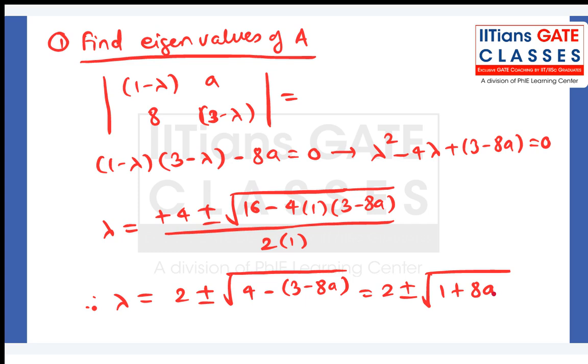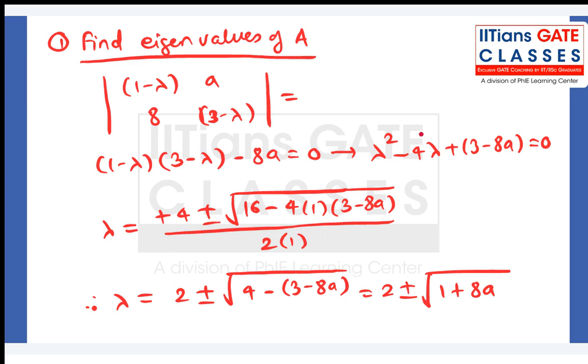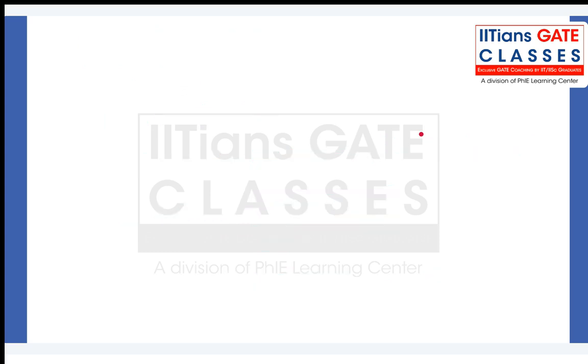In the question they are asking you to find a certain condition on A such that it should have a negative eigenvalue. So from these two, and since A is greater than 0, the square root will always be positive. So the chances of having a negative eigenvalue, the higher probability